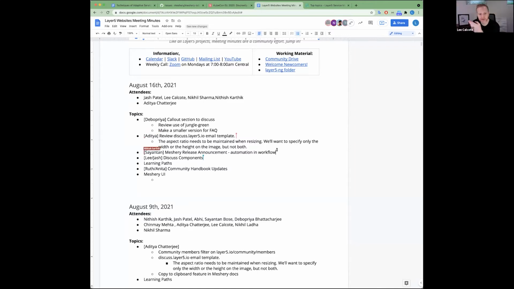And not very urgent. There's a number of ways to get that done. I think that one thing that we'll be a little bit challenged with is, it's not that we can't figure out how to send an email from a workflow. It's not that we can't figure out how to copy and paste the release notes into a template. It's that the formatting of those might take a little bit of initial one-time work, but not much. So yeah, let's try it. Let's give it a shot. Part of that, Shayatan, maybe you could